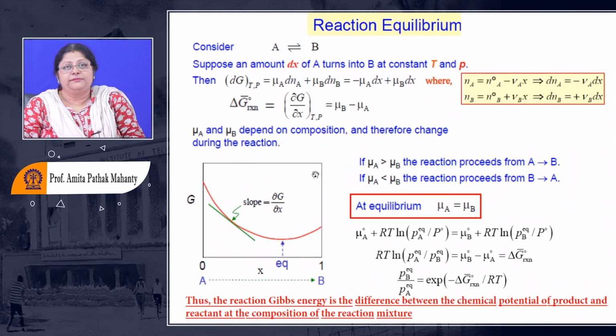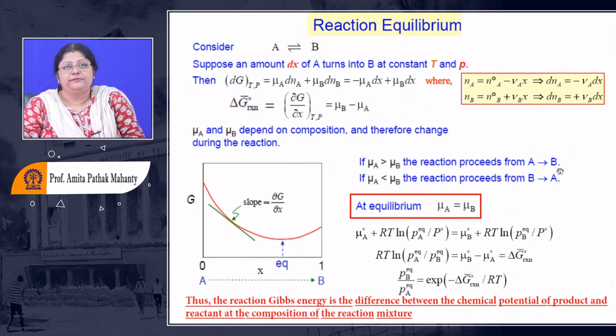how can this give us the composition, and under what condition will I get the composition, or which side will the reaction proceed? I have got the delta G reaction defined, and when I have two components with stoichiometric coefficients 1, I can write mu B minus mu A. Right? Now, in this reaction, if the chemical potential of A is greater than B, what does it become? Delta G becomes negative. The delta G reaction becomes negative.